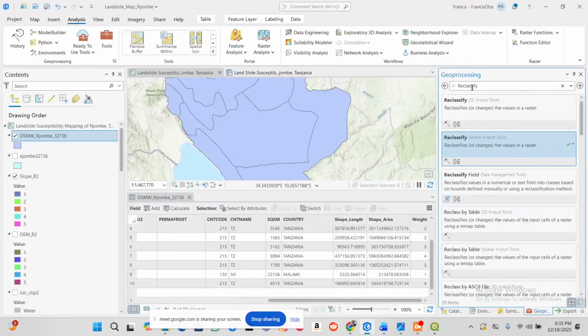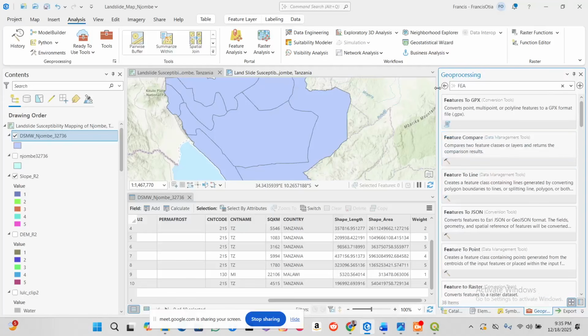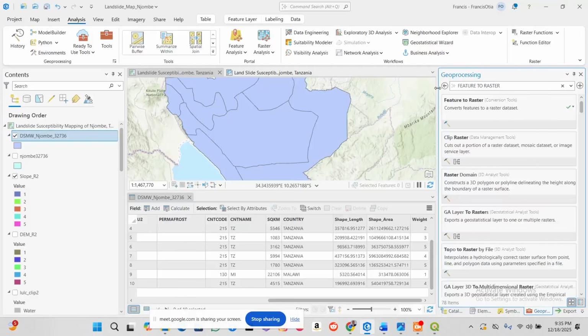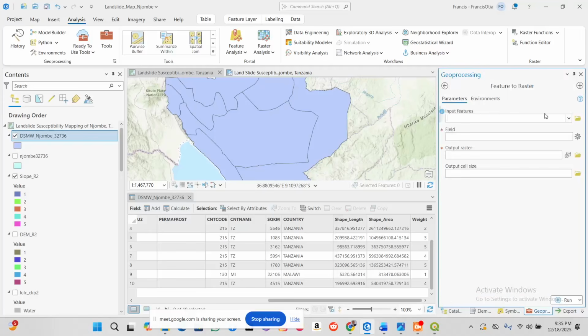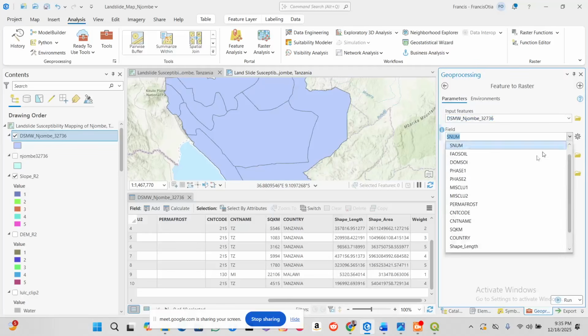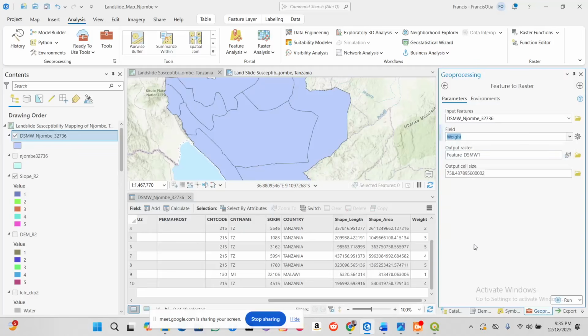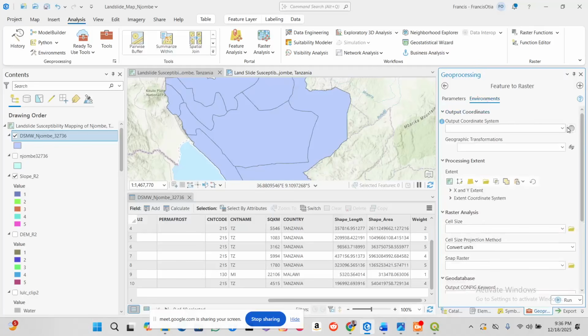and then I came to my geoprocessing tool and searched for polygon to raster. So you change it from vector to raster? Yes, and the field it will use is that weight field I used. So by maintaining this weight, I do not have any need to reclassify this particular one. We just maintain the output cell size and the environment settings,